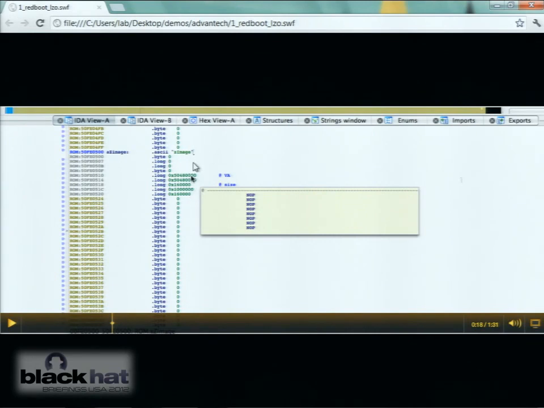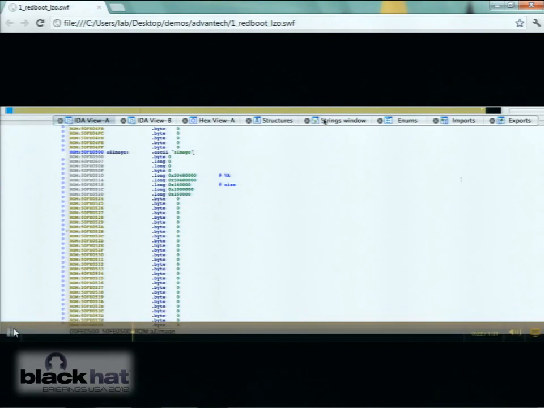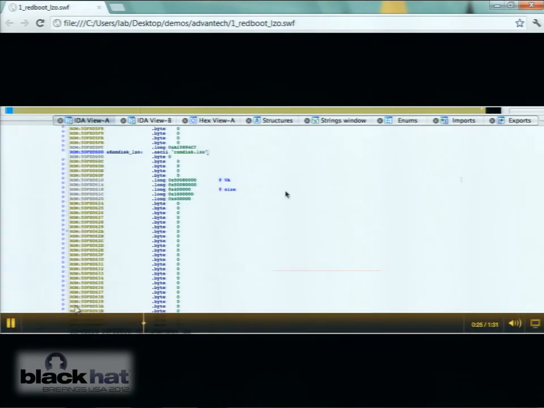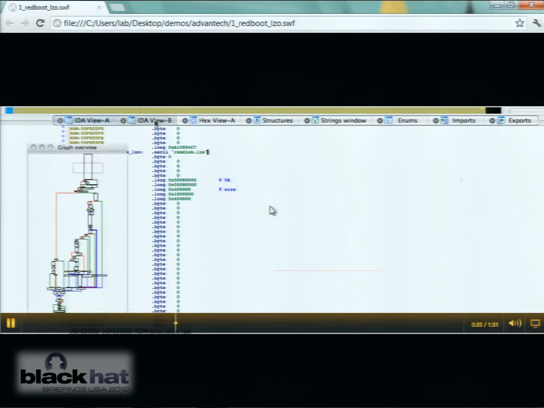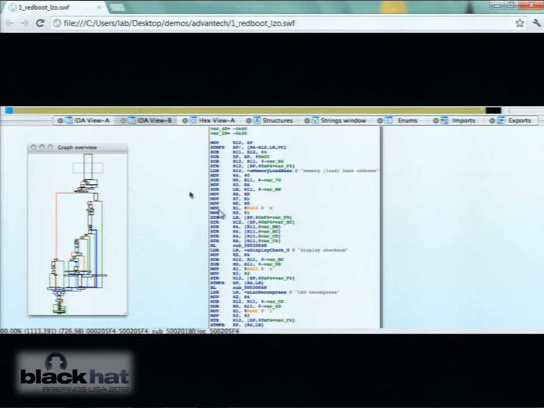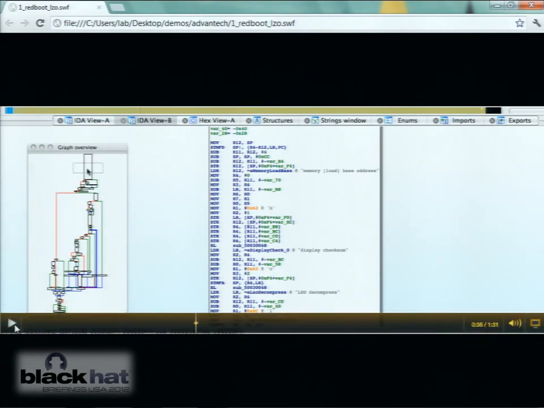You can see the load address, where the image is located. You can see the size. So you can easily extract those compressed blobs. You see where the compressed blob begins. And by analyzing the firmware,